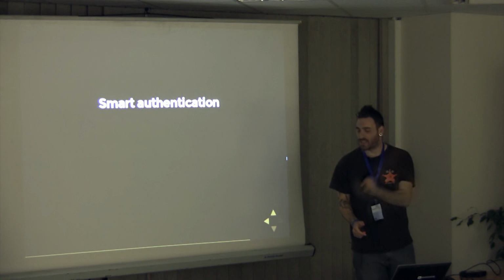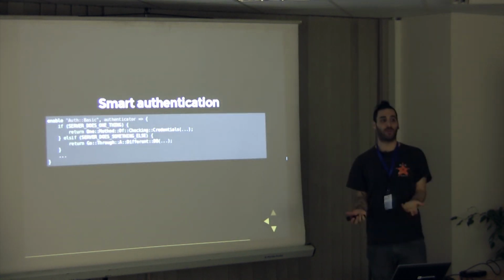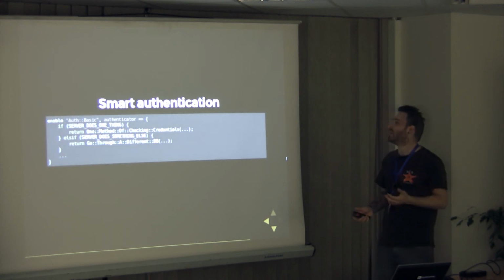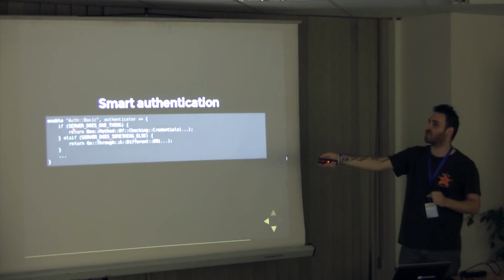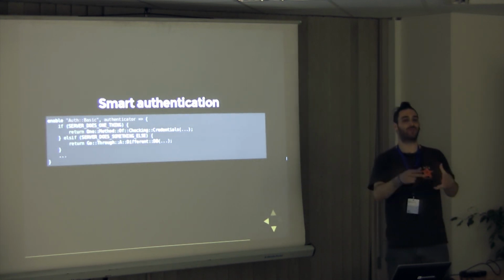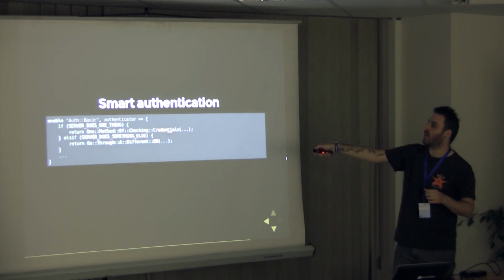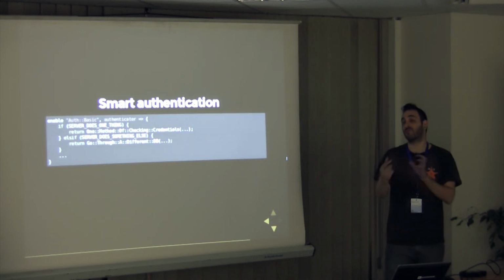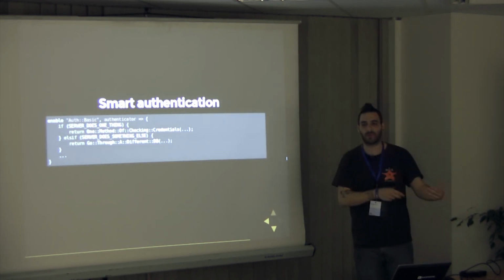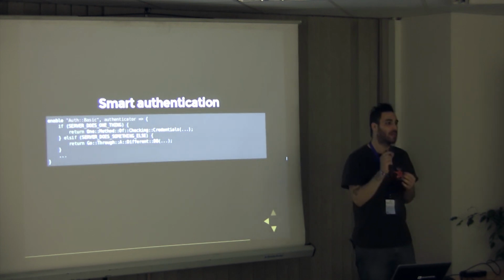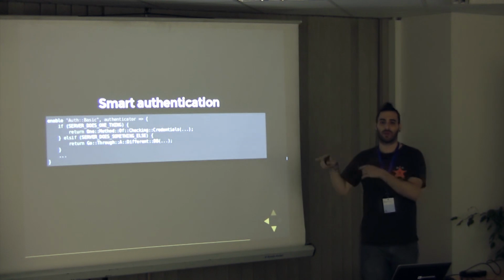I love this smart authentication. Like I told you, you can have your own auth basic, which is something incredible. For example, we have our own authenticator that uses constants for deciding what the server does, because we have different servers doing different stuff. If it does one thing, we can return the result of a specific check. If it does a different thing, we can return the result of another check. So basically, depending on what the server does, we can authenticate you according to different mechanisms.